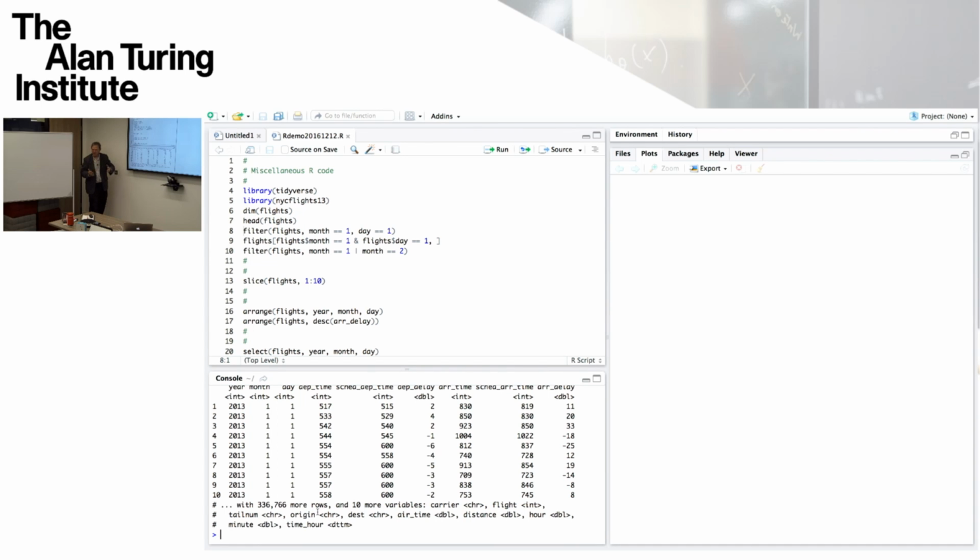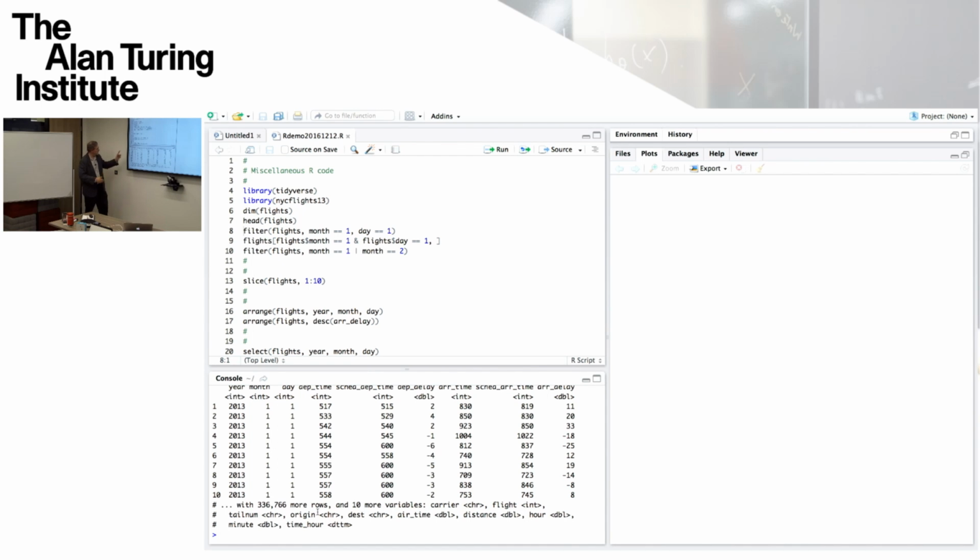Of course, you can override it if you want to see a larger portion of the data. Another thing it does is it tries to not crowd out the information that's being produced. So it produces a number of variables fitting across a screen, but then it says there are also 10 more additional variables, which I haven't shown, and these are the variables. With the select operation, you can select columns, so we could easily view those variables as well.